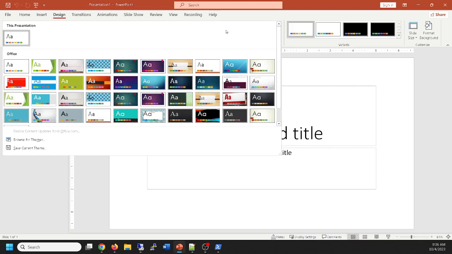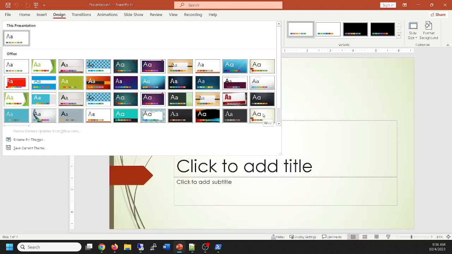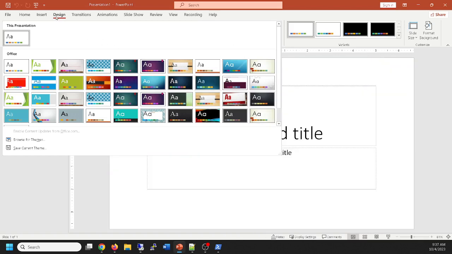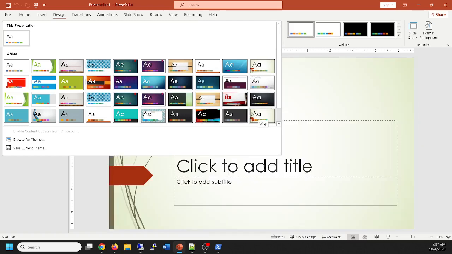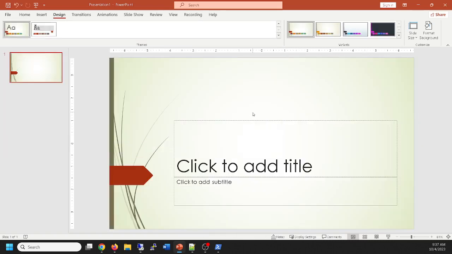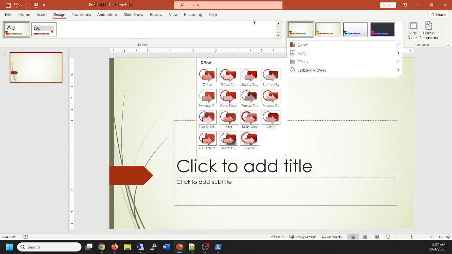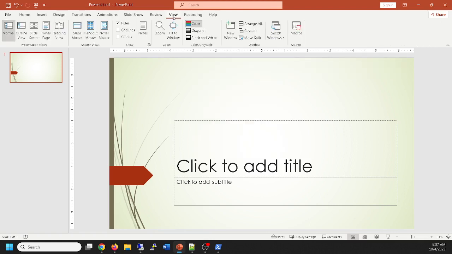We're going to apply the Wisp theme, and we're going to modify it. Wisp. So Design, come to find the theme designated Wisp, click, and now we want to modify this theme. We can choose variants over here, but I want you to know how to modify the slide master. So View, Slide Master,